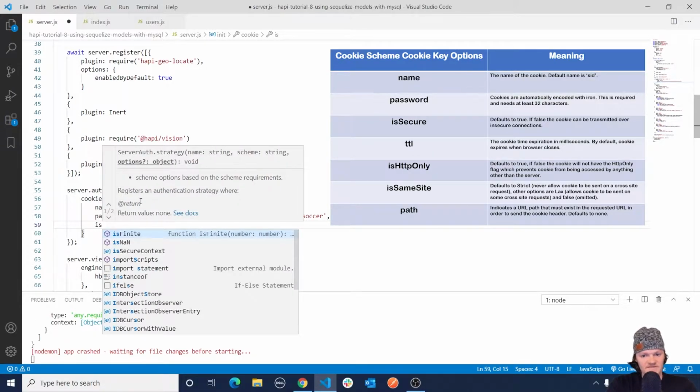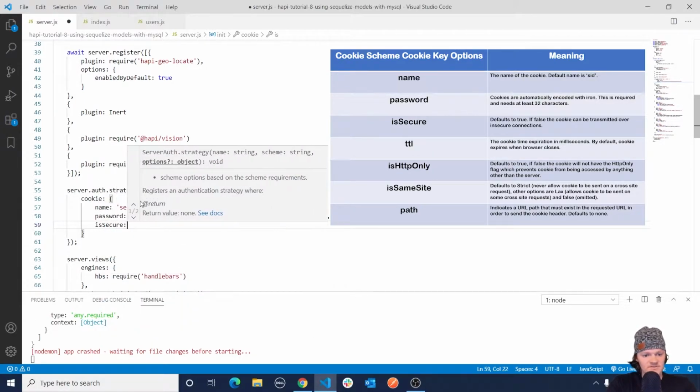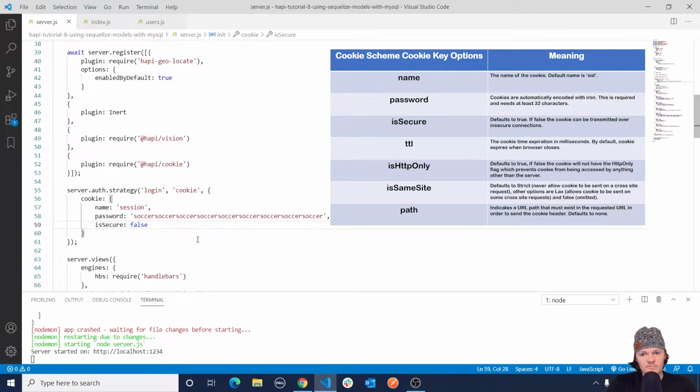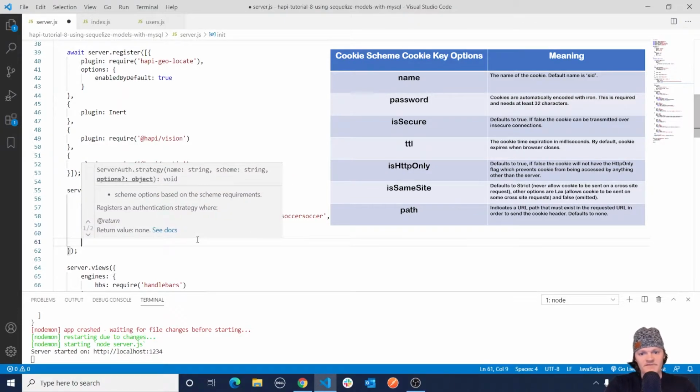our localhost. And this key is isSecure. And so we'll set that equal to false. And now let's add a few more keys outside of this cookie object. So I'm going to make a comma here. And the first is going to be redirectTo. And this tells the server where to redirect the user if an unauthenticated user tries to access a resource that